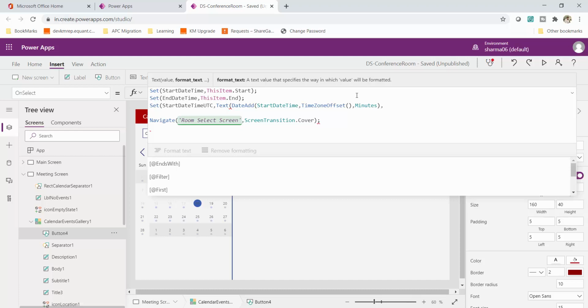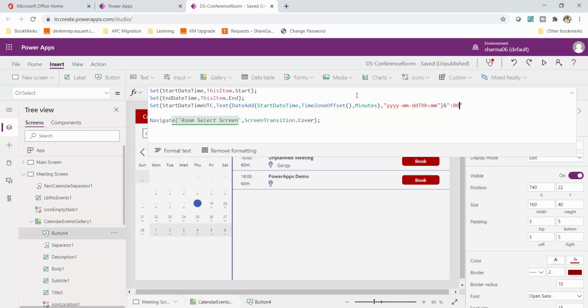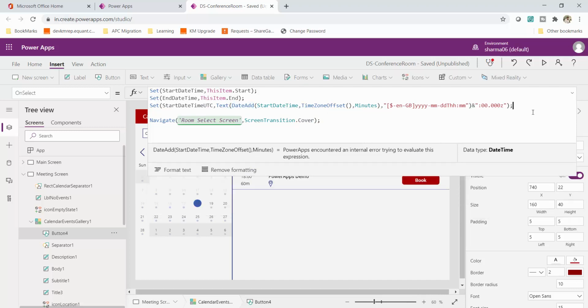So I'll just convert it into yyyy-MM-dd format, then T, hh colon mm. This is the format in which our UTC date is present. That's why I am converting this into a proper text format. Okay, so this is my text, colon 00.000Z.